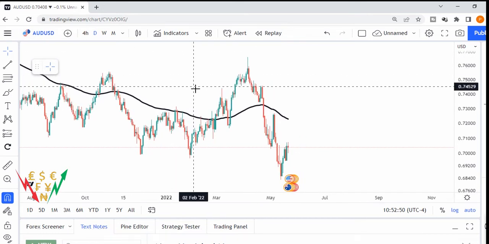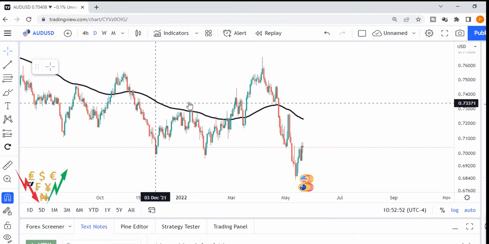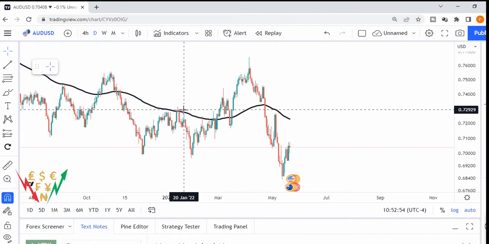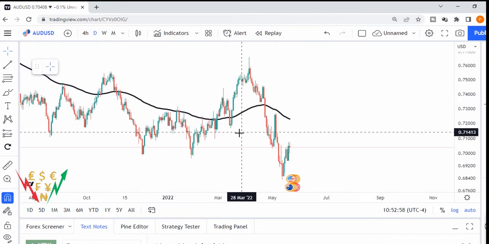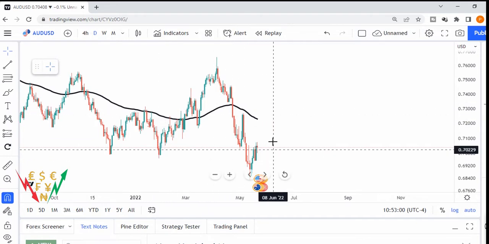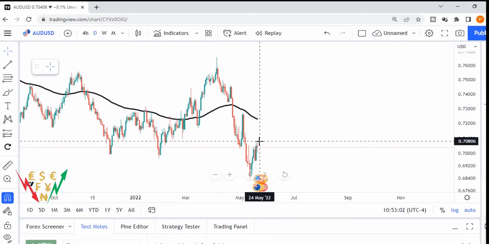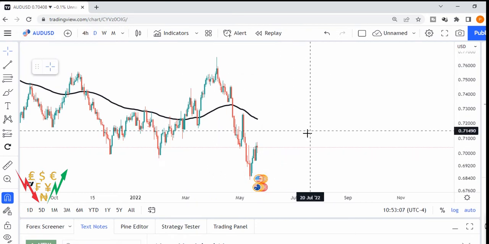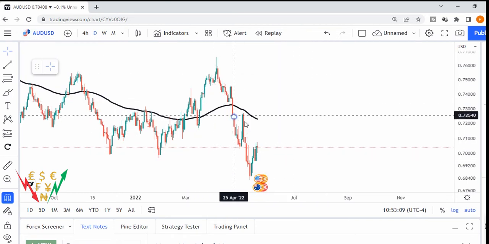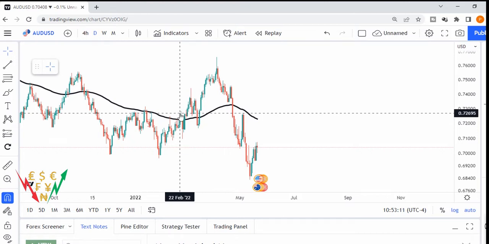Okay, so for AUDUSD here, let's look at the sentimental analysis. So within the past few weeks, right, a whole lot has been happening. From last week, we projected the EURUSD and GBPUSD pair to actually go bullish, right? Even though the trend is in a downtrend. So as you can see here, the AUDUSD is pretty well trading below our moving average here, which we share in our live Zoom meetings.